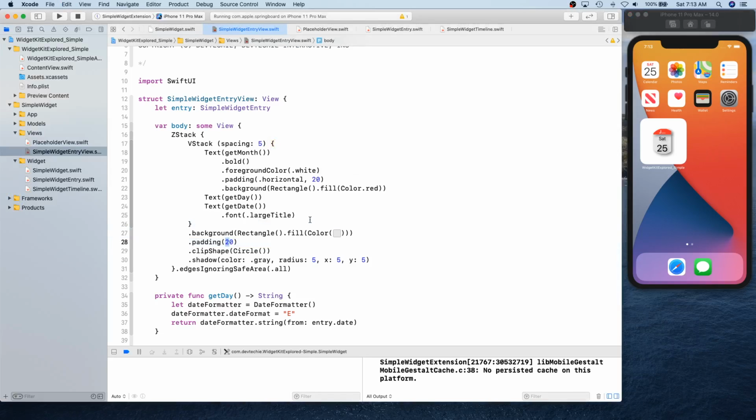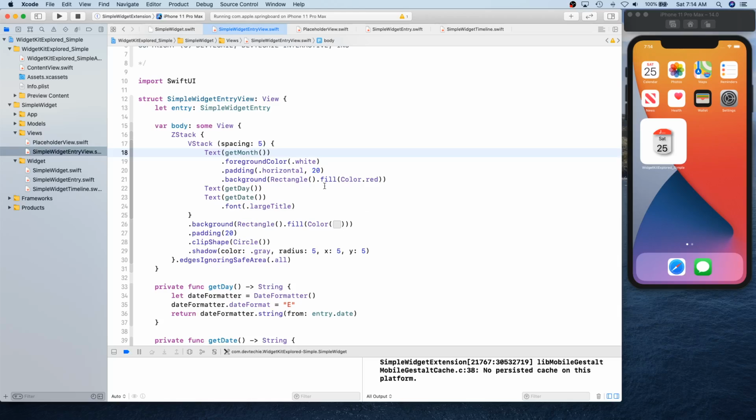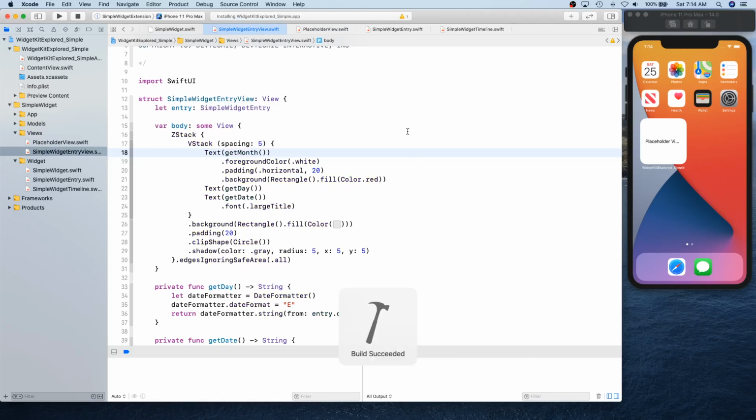All right, I'm going to actually leave this at 20. Okay, let's run this again. All right, so it's building now.